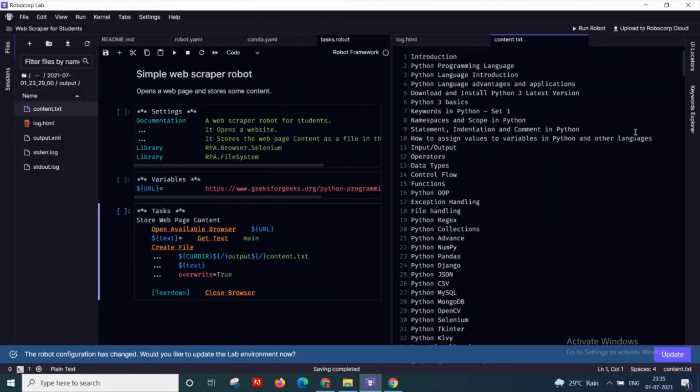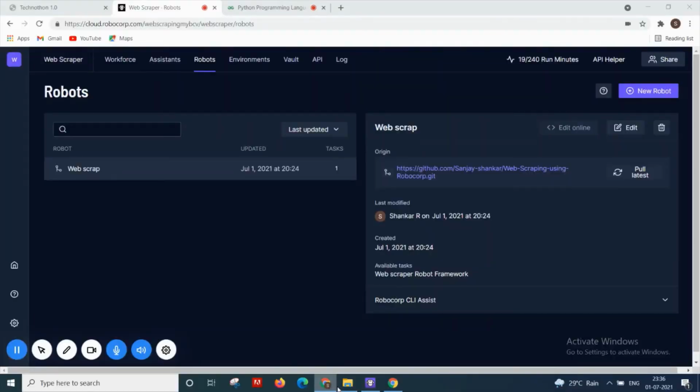The same thing can be done using Robocorp Cloud. You can upload the same code to Robocorp Cloud, or you can use GitHub code. I have uploaded it to my GitHub and used the repository here.